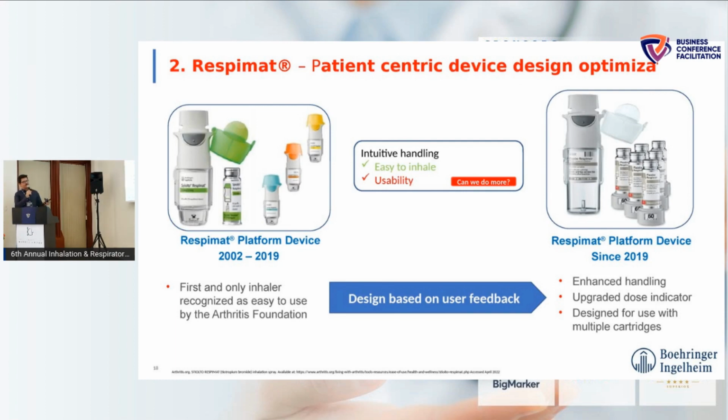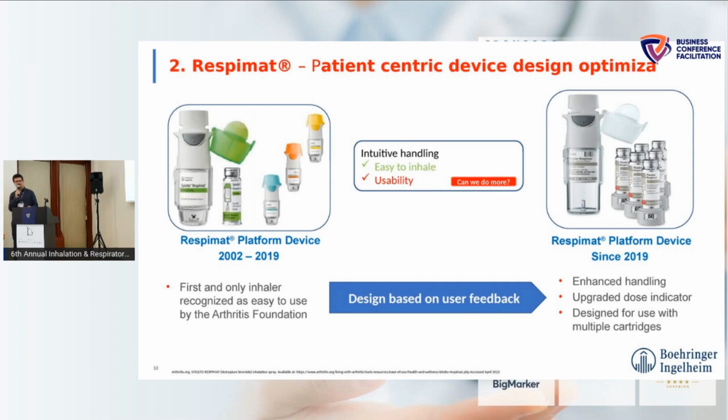So they knew that the device was easy to inhale, but in terms of usability, is there anything else that we can do? So this is already a phase 4 because the product was already on the market, and it's the ongoing market feedback from the patients and trying to continuously improve the device. So of course they went to the patients, they tried to get their feedback, understand what else they can do to improve the device, and then they came with the newer version of the Respimat, which has been on the market since 2018. They managed to enhance the handling, they upgraded the dose indicator,